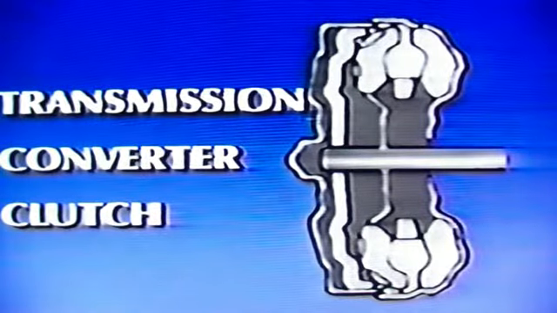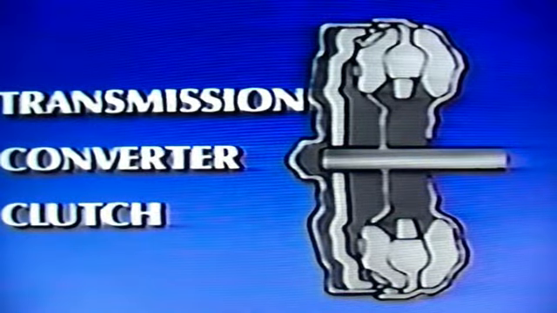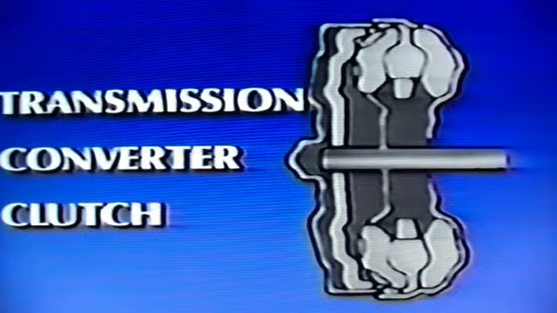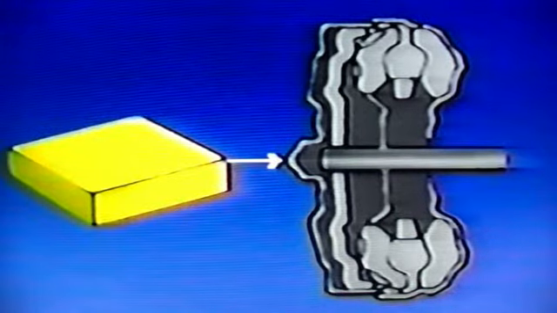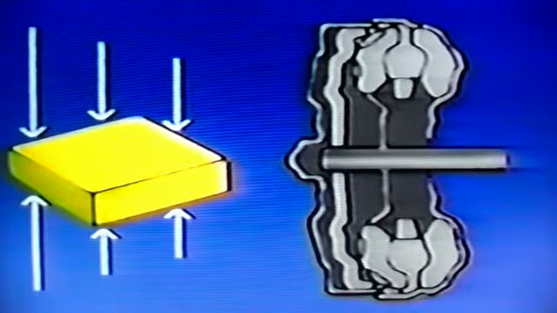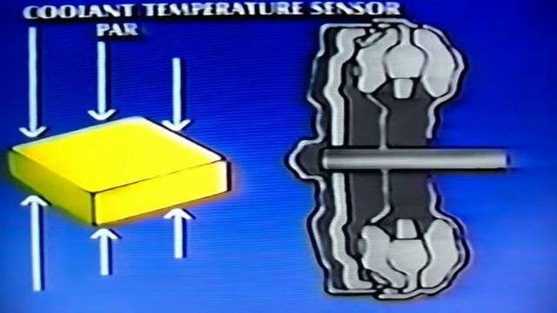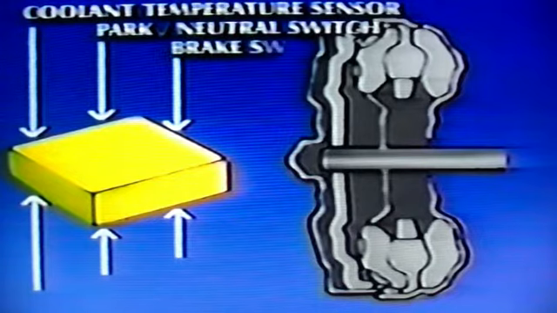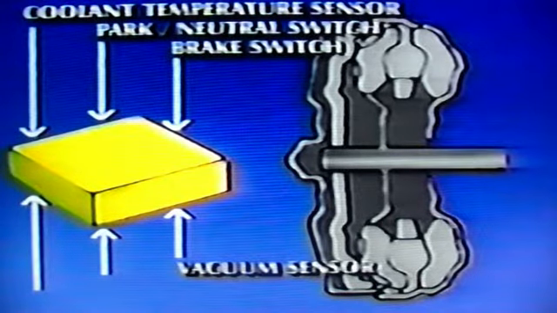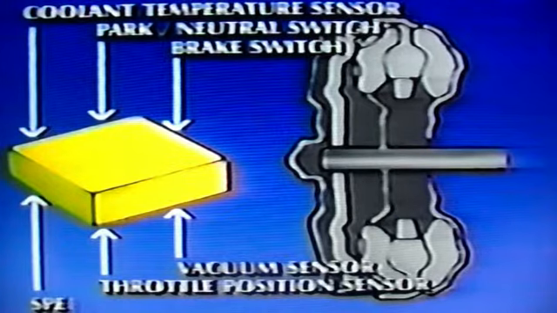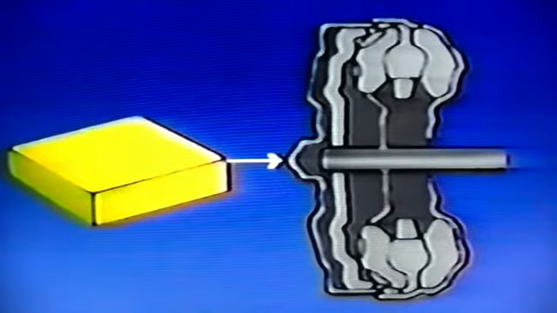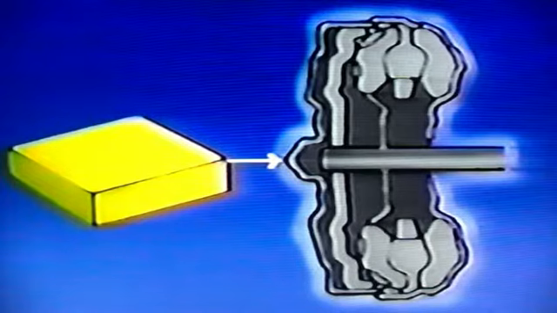Of all the outputs we've talked about so far, the transmission converter clutch operation may be the most demanding on the computer. To activate the transmission converter clutch solenoid and provide efficient converter clutch operation, the ECM must read and evaluate data from no less than 6 different input sensors: the coolant temperature sensor, the park neutral switch, the brake switch, the vacuum sensor, the throttle position sensor, and the speed sensor. When activated by the ECM, the TCC solenoid connects the flywheel directly to the output shaft of the transmission through